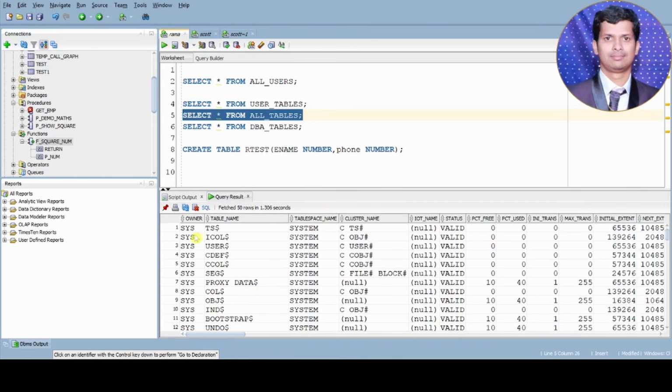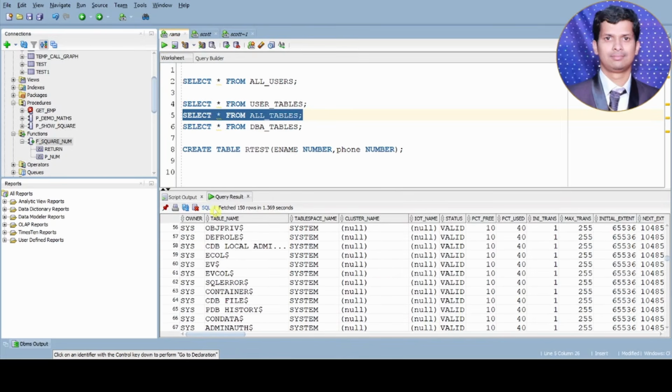Let's see the owner Scott. So here different owners are present inside all, and also DB objects means all the objects are present, but in all only accessible users are present. So I am writing now where owner equal to, so what I can see, what are the Scott user tables I can see here which are accessible to that